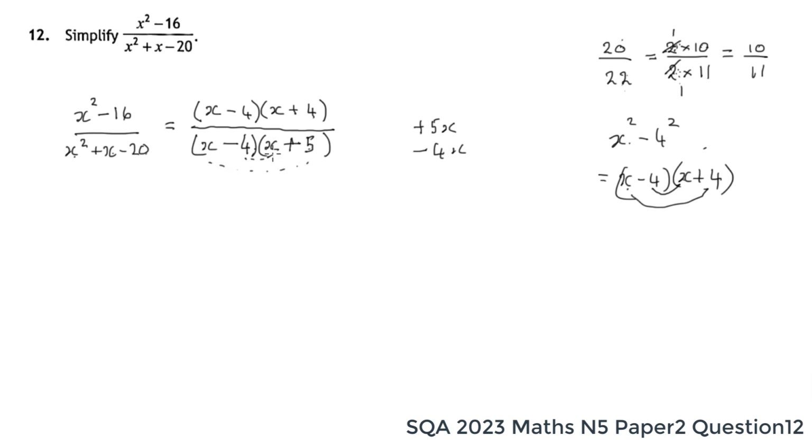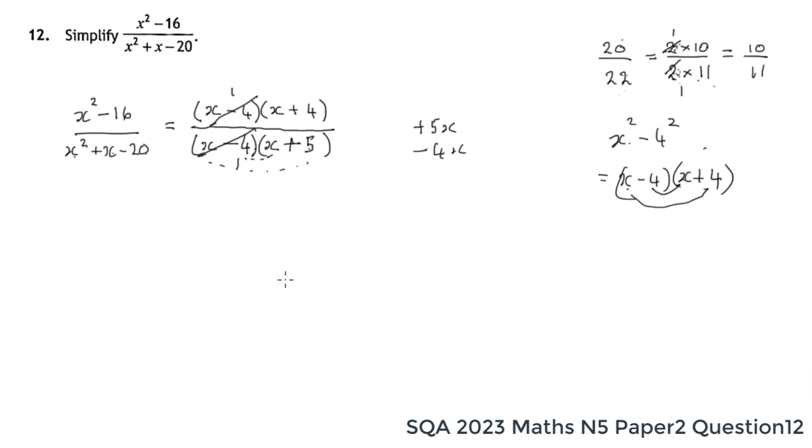So the firsts, x times x, gives you x squared, which we're after. Outside 2 is 5x, inside 2 is negative 4x, that gives you 1x. The lasts, negative 4 times positive 5, does give us negative 20. So again, we've reached this stage, 2 times 11, factored the 22. Now, what did we do? We looked at the top factorisation and the bottom factorisation and discovered there was a factor in common. Well, here there's a factor in common, x minus 4, and we can cancel